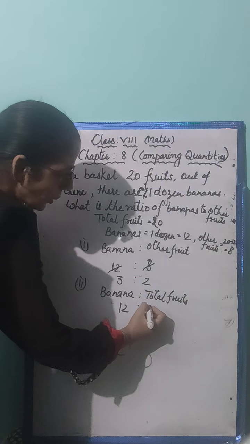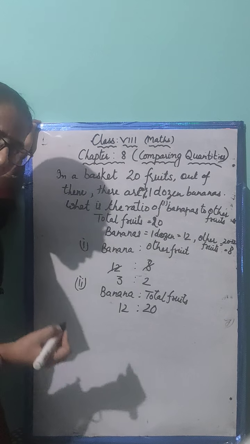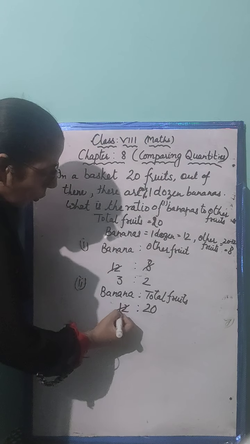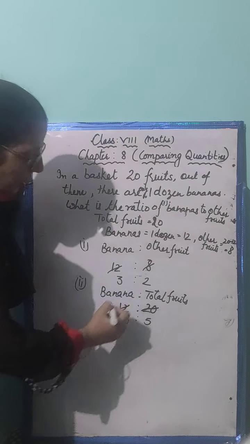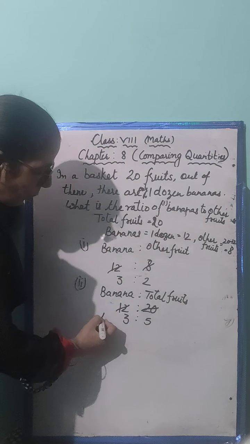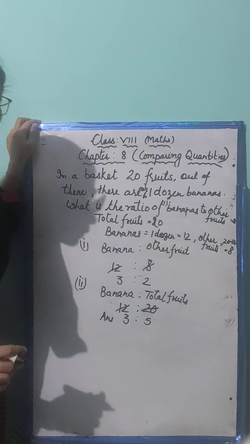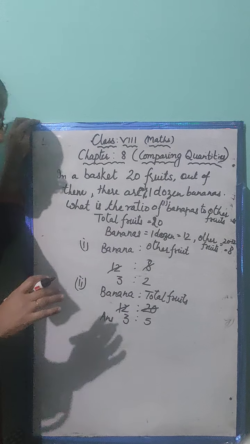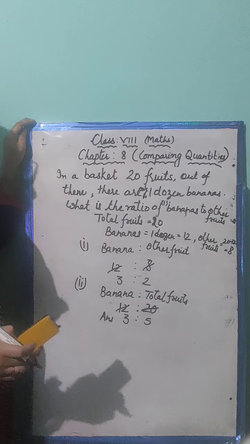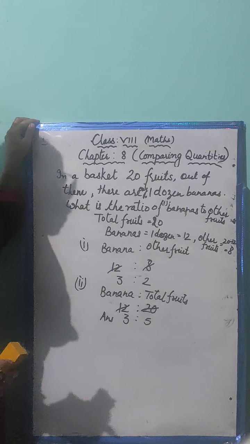Total fruits are 20. Now, what should be done? Simplest form. 4 3s are 12, 4 5s are 20. So, what is the simplest form? Bananas ratio total fruits is 3:5. Have you understood? So, whenever we are taking the ratio of anything, we must take care that both